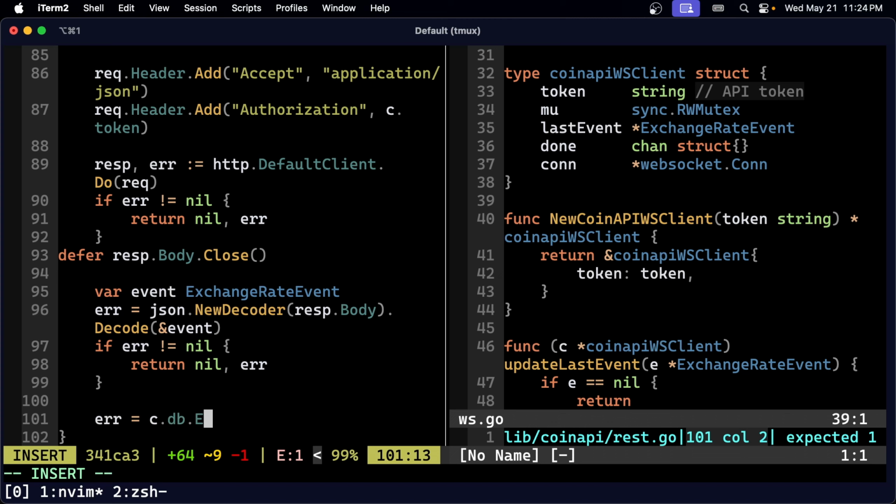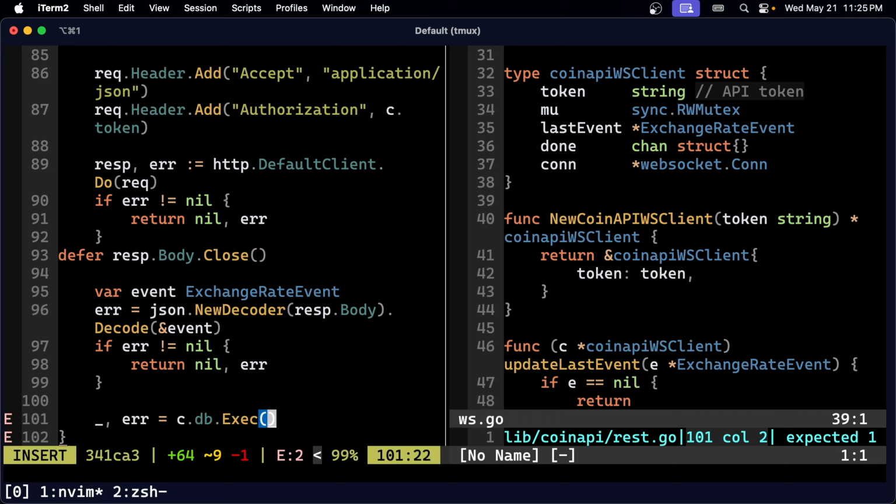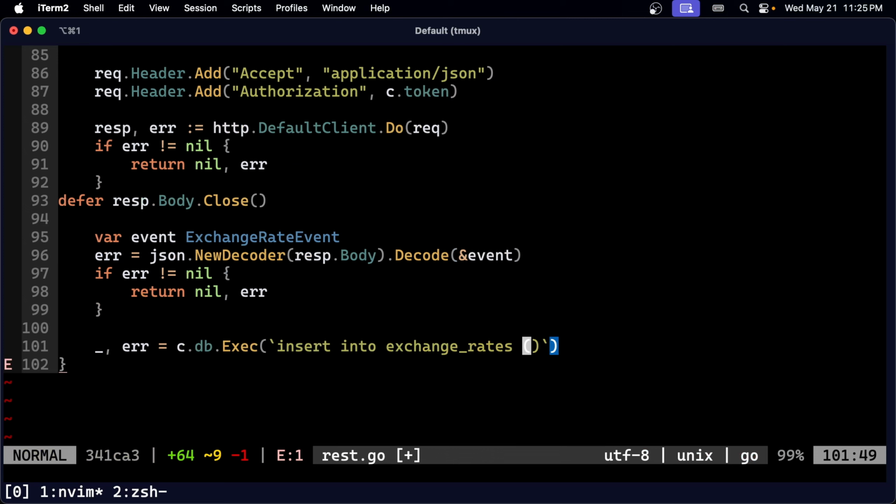So cdb query row, okay, cdb exec, this is going to return a result and error, okay. db exec insert into exchange rates base, quote, rate, and updated at milliseconds, values